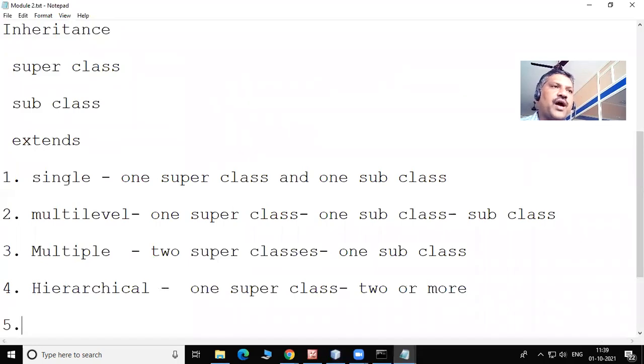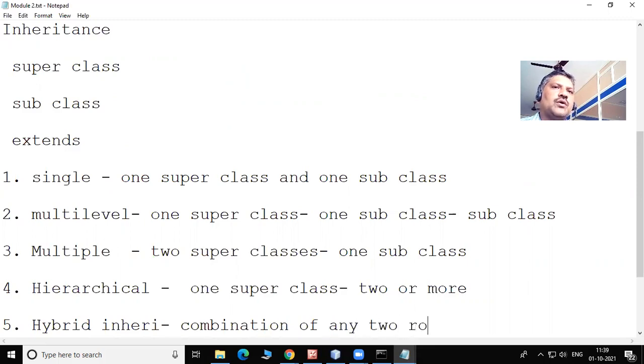Then finally we have hybrid inheritance, a combination of any two or more. These are the different types of inheritance.